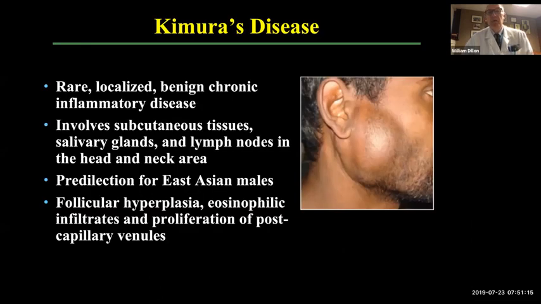Now, here's a rare masticator space mass. It's an odd disease called Kimura's disease, and this involves the subcutaneous tissues as well as some of the muscles of the masticator space. It has a predilection for East Asian males, and what it consists of is follicular hyperplasia and infiltrates of eosinophils and post-capillary venules. It's a very odd sort of post-inflammatory mass that is sometimes chronic but benign,